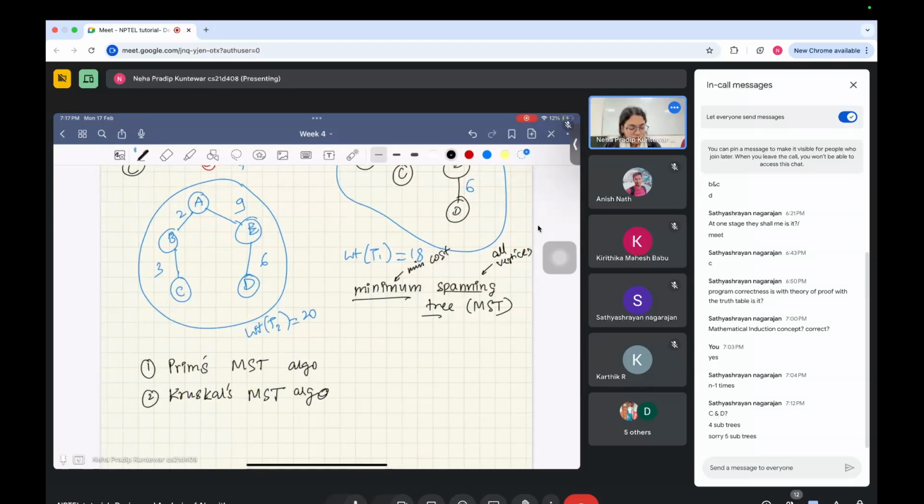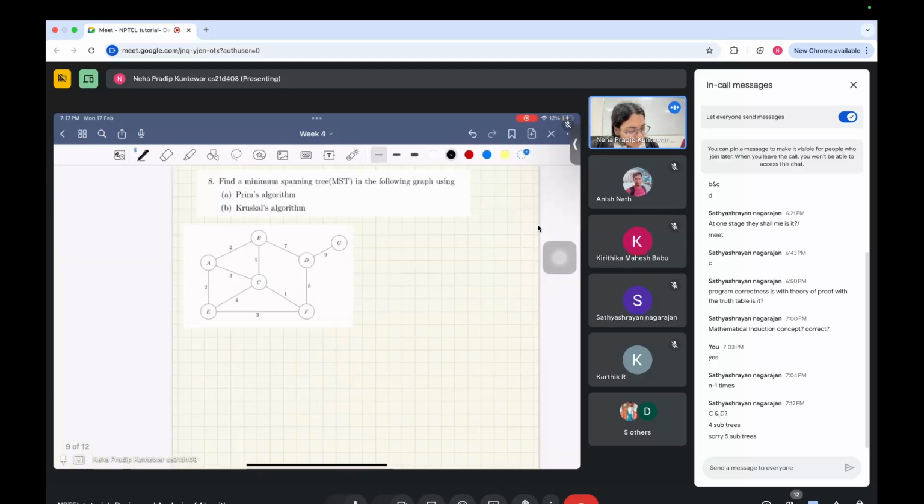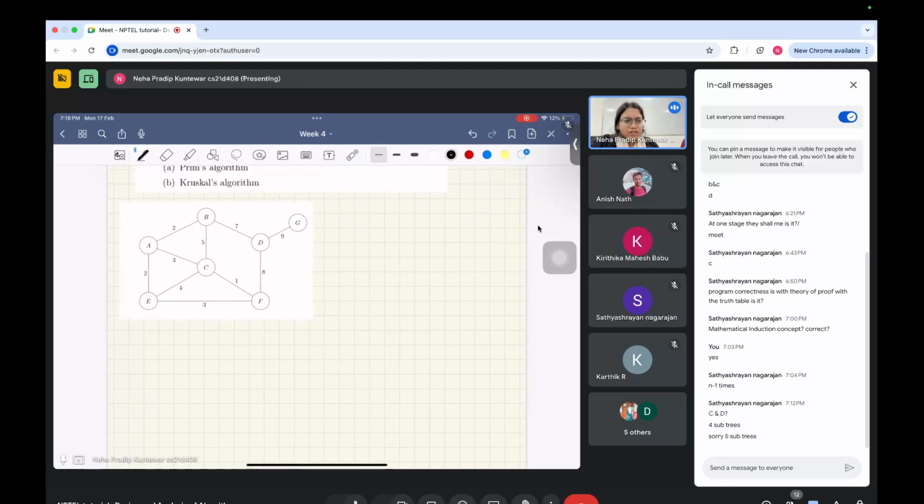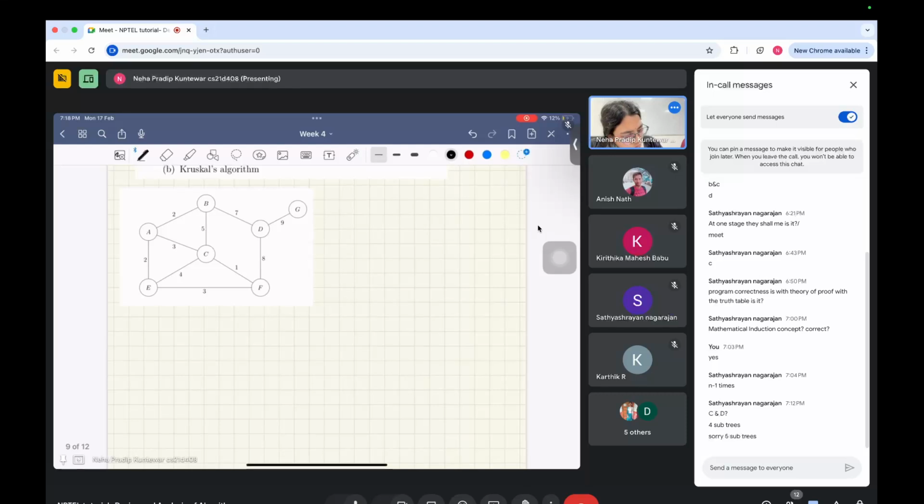Both of these are greedy strategies, but both are different, and if there is time we will see the proof of correctness for this. Okay, so again, the best way to describe the algorithm would be that we run it on an example. So we'll run it on this example and see what the algorithms do. We'll just state the idea. So we'll first see Kruskal's